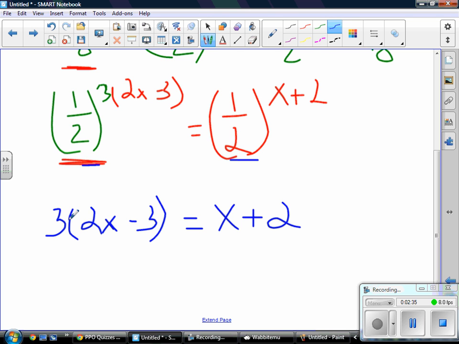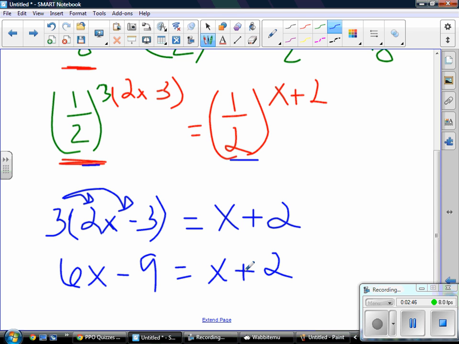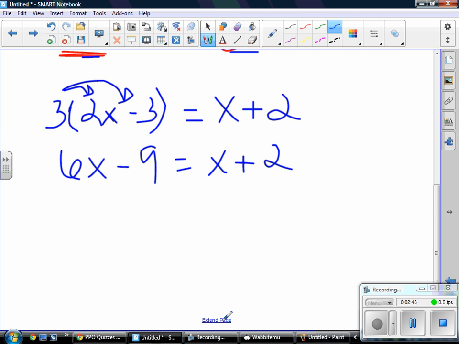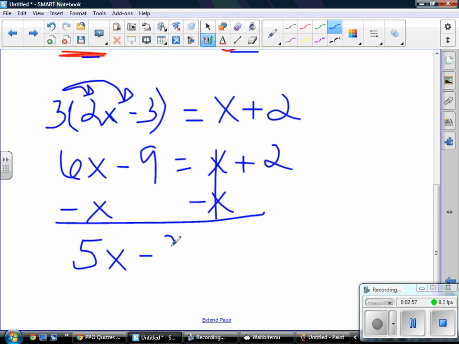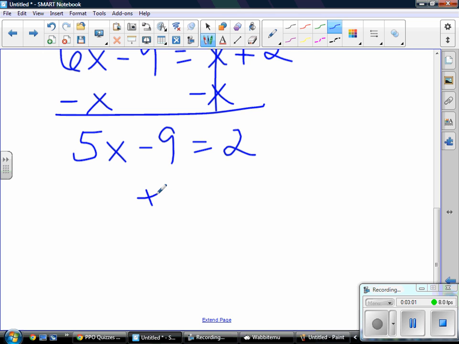I'm going to distribute my 3 to both things in here. So I have 6x minus 9 equals x plus 2. I want to get my x's on the same side, so minus x here. Now those are gone, and I'll have 5x minus 9 equals 2. I need my numbers both on the right, so I'm going to add 9. So I have 5x